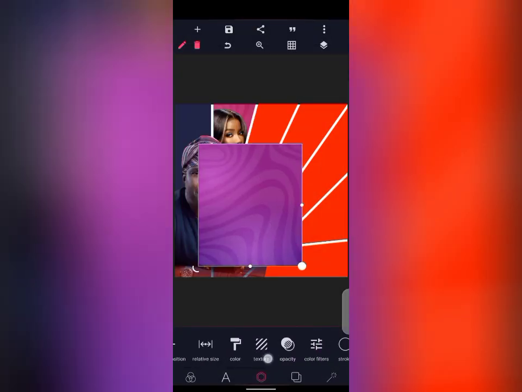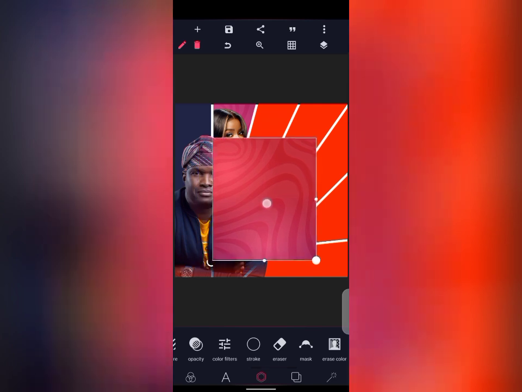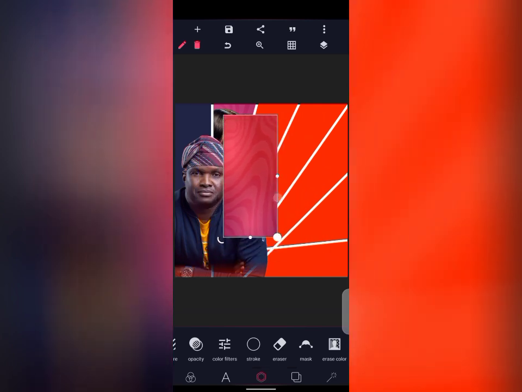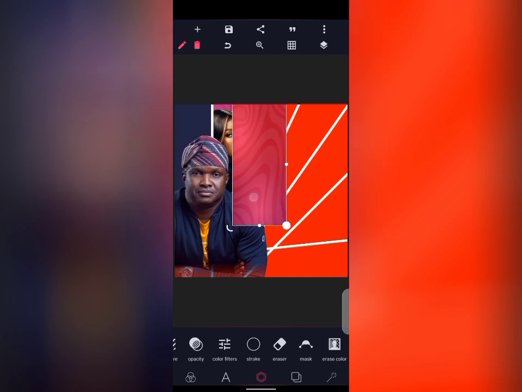Now the first one was 20. Our color for this thing was 20, right? Now let's shift it from this 20 to something else. Let's make use of 40. It was a color gradient that they use. So what's next? Now you drag again. Don't forget, you drag, measure it very well,